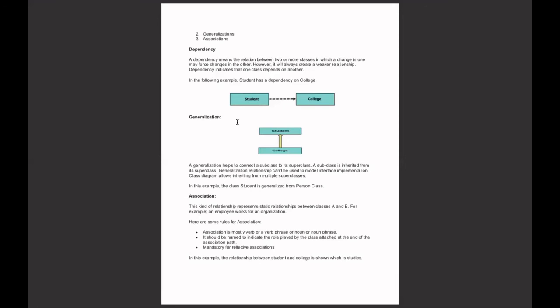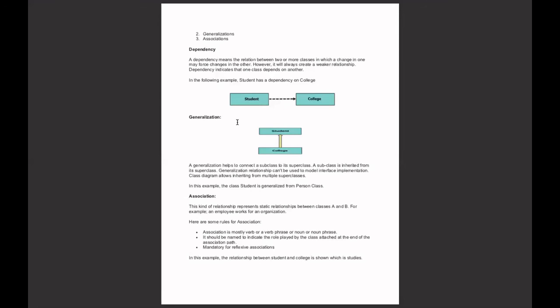This kind of relationship represents a static relationship between class A and class B. For example, an employee works for an organization. Here are some rules for association. Before going to the rules, I am adding more about association.